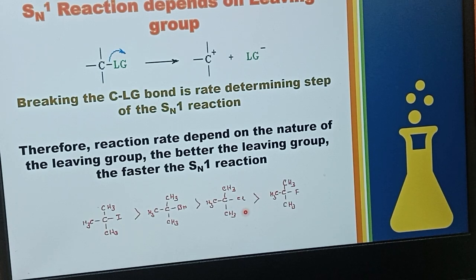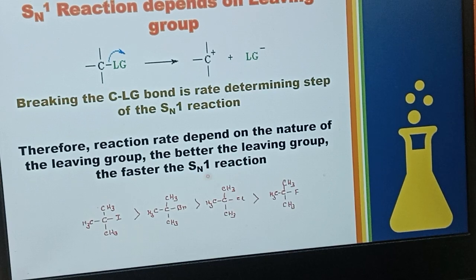Okay, so in SN1, SN2 reactions, especially for SN1 reaction, the reaction rate depends on the concentration of the substrate. So it is an important factor which kind of leaving group you are taking. You should take a better leaving group, then only the reaction will be faster. Clear, no?